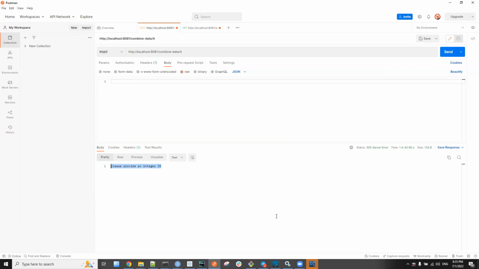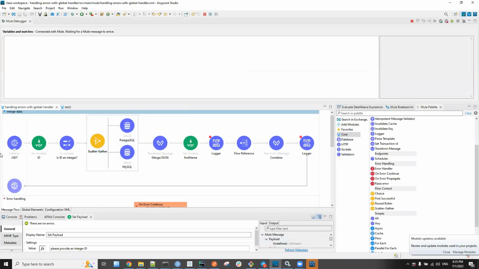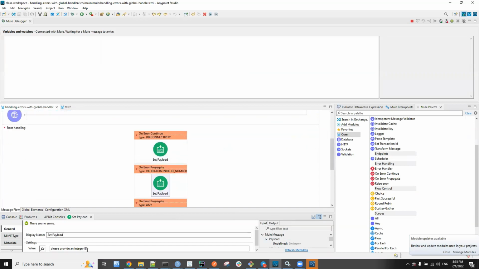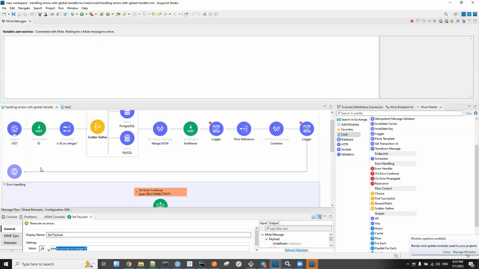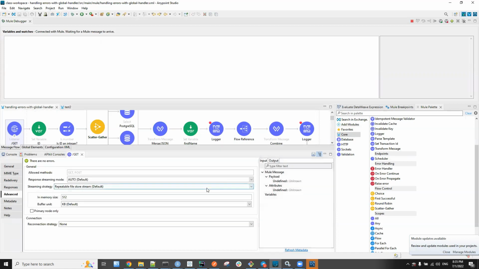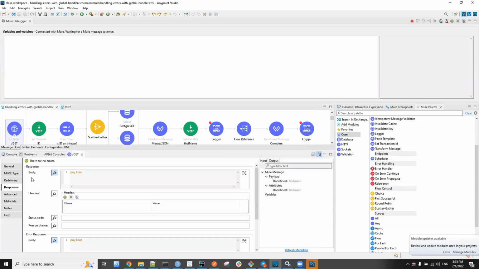But by default, if it is error description, then it is going to return the error description. The reason that it is returning this payload here, please provide an integer ID, is because in the listener, as we reviewed last time, under responses, if it is success, it will return this one as a body and a status code of whatever you put here, or 200 if you don't put anything.